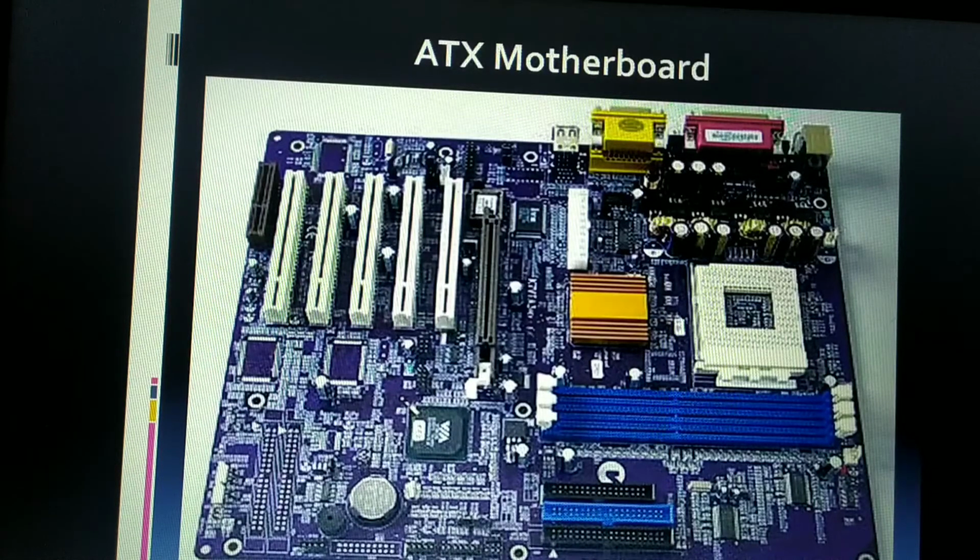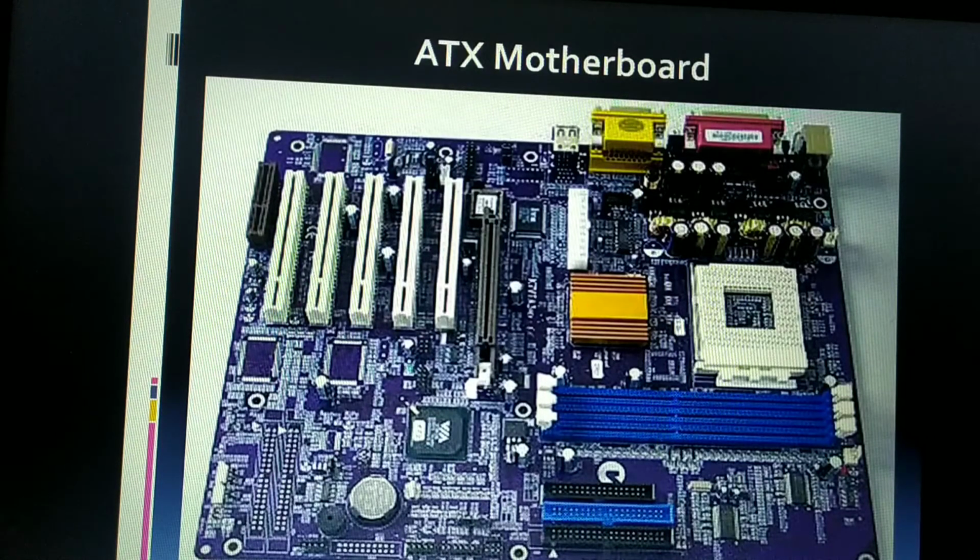and it also has the PCI slots, again peripheral component interconnect slots, which, as I said, are used for the graphics card, the sound card or the internal modem card. For that purpose PCI slots are used. Then one extra slot, the AGP slot, that is the accelerated graphics port slot, which is mainly used for faster access to the graphics accelerator card. So it helps for 3D gaming purposes, any computer graphics in three dimensions.